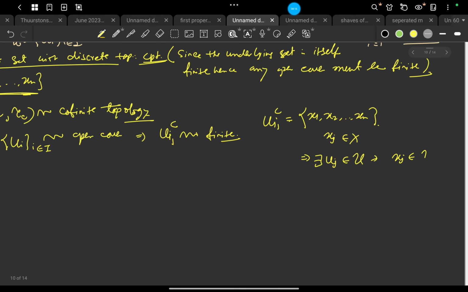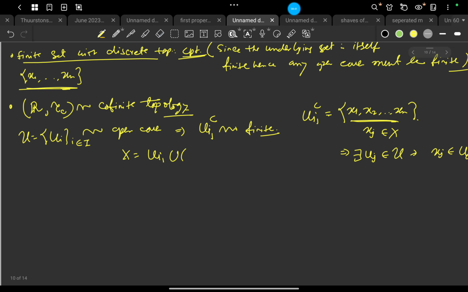Okay, so that means first you take one U_{i1}, whose complement is finite, and then U_{i1} takes all the elements other than x1 to xn, right?